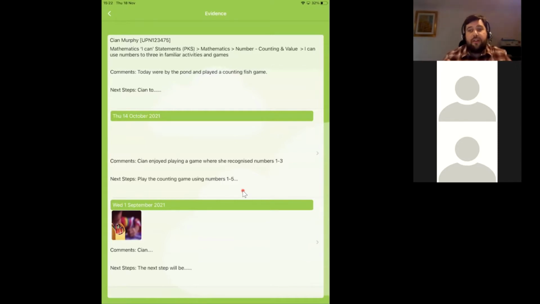the inputs that the teachers, the teaching assistants, and the multidisciplinary team have fed into this progress for this learner. And in this case, it's Kian. And the actual specific outcome we're looking at is this: I can use numbers to 3 in familiar activities and games. This is a test score, so I've just put this evidence in, but it still gives you an